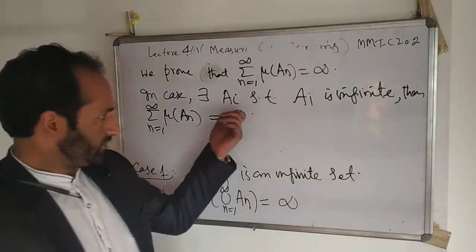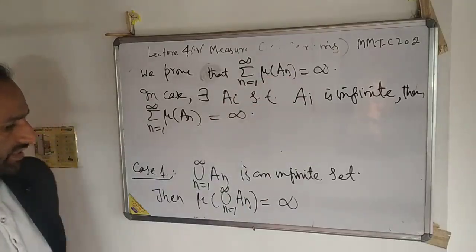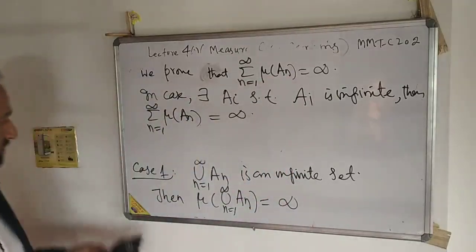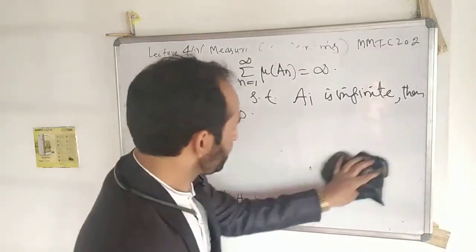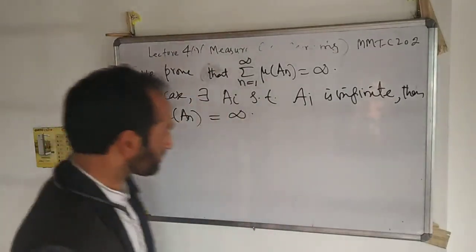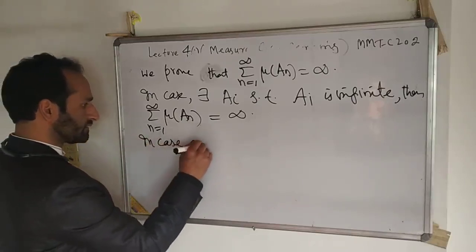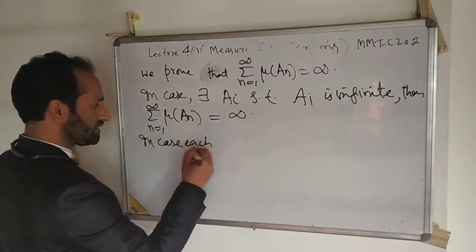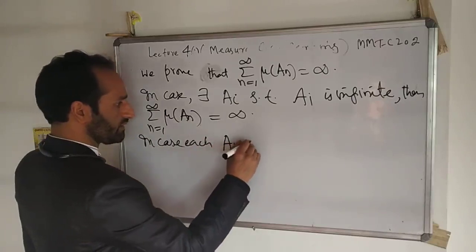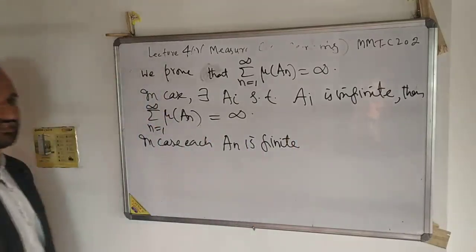So if one of the sets is infinite, then this sum is infinite. But in case each set A_n is finite,